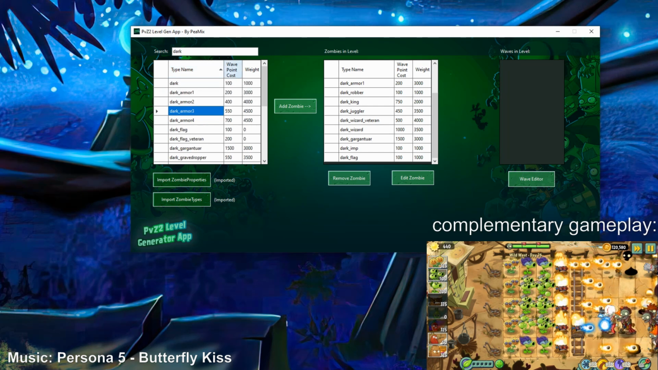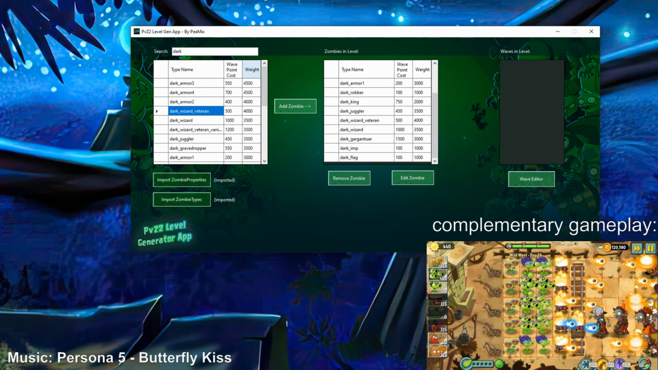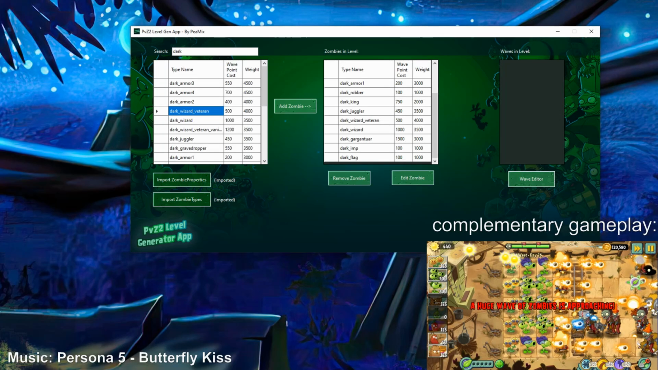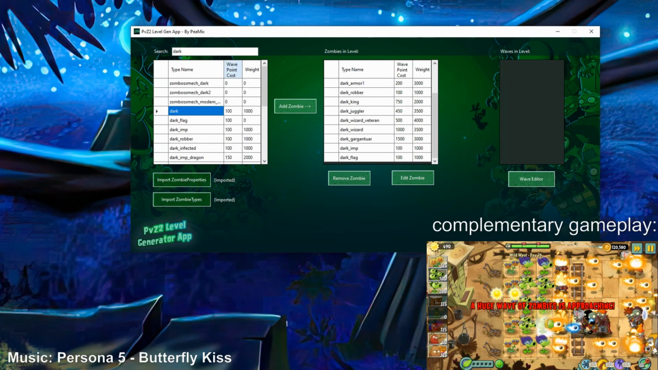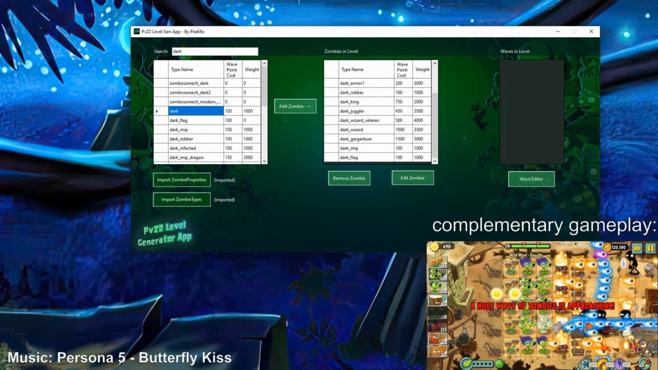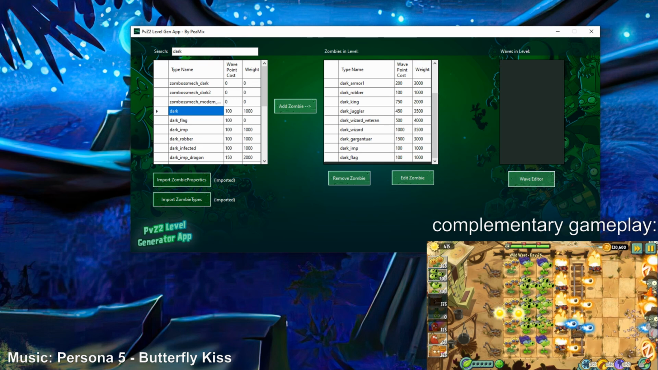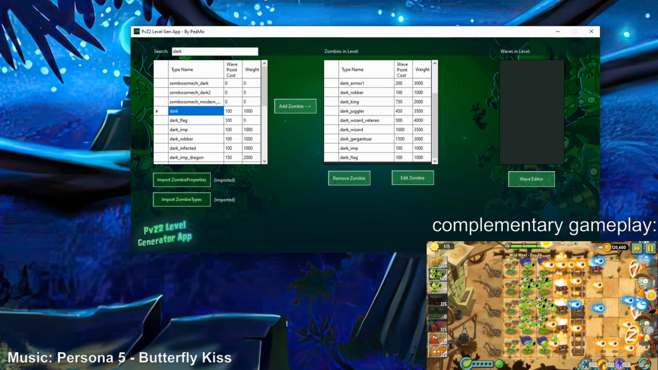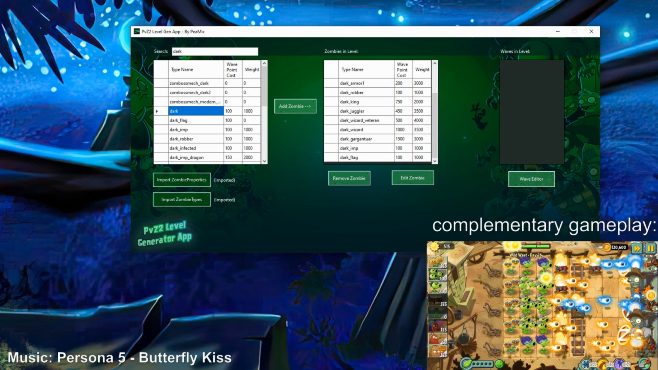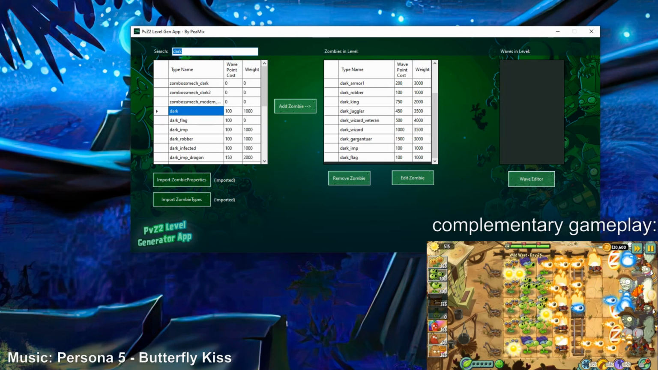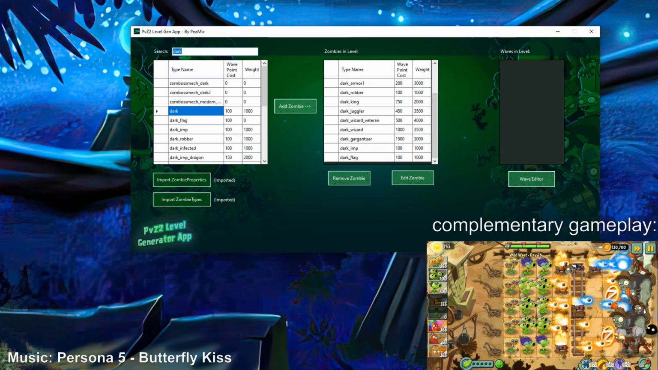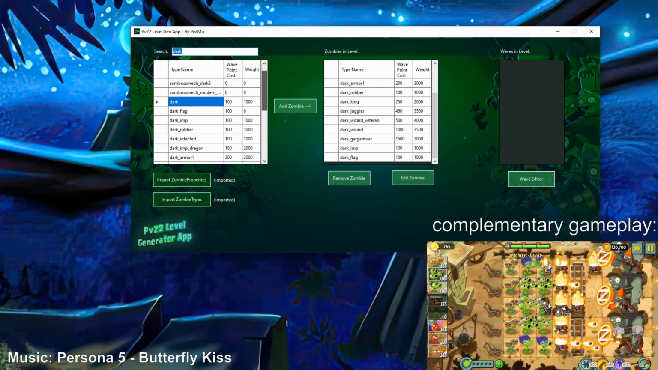This is alphabetical, this is by waypoint cost, this is by weight. Essentially, waypoint cost is... imagine that every zombie has a price to be used, depending on how dangerous it is. So, for example, let's stay within the Dark Ages zombies, because that's easier to